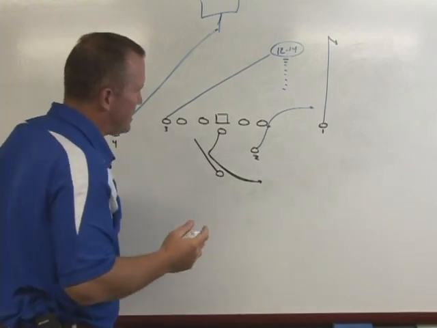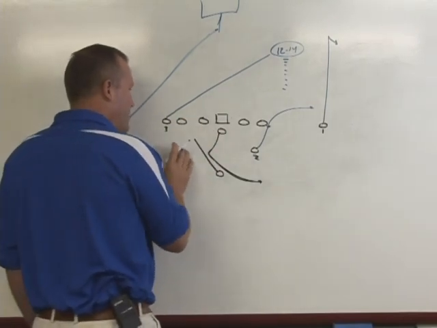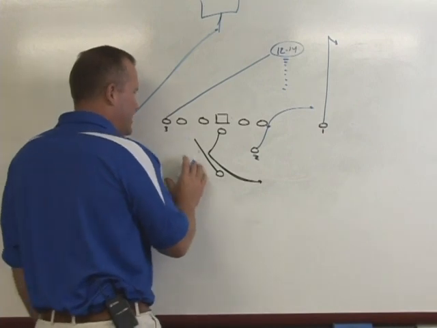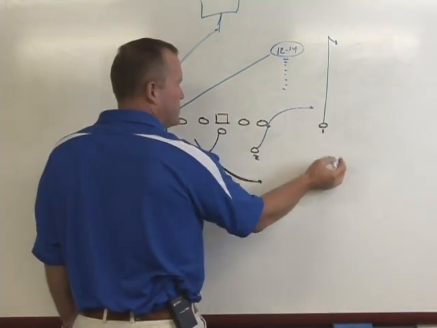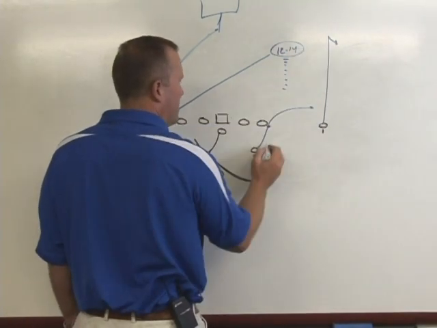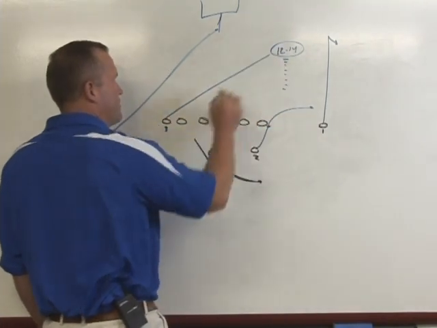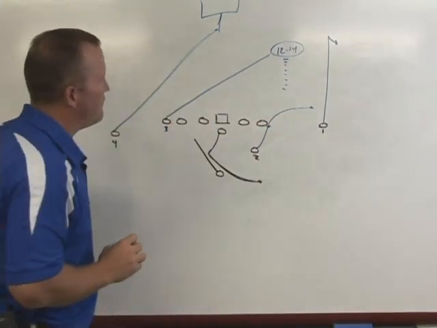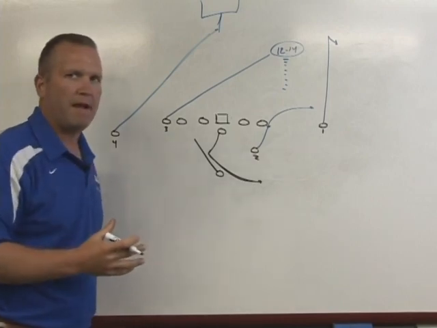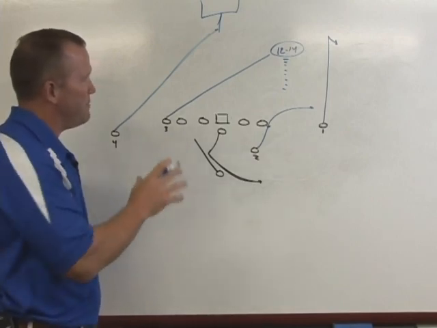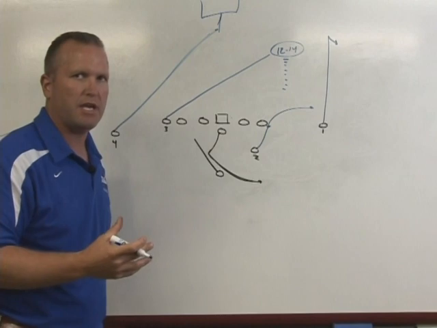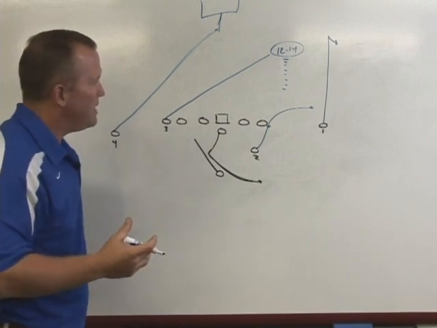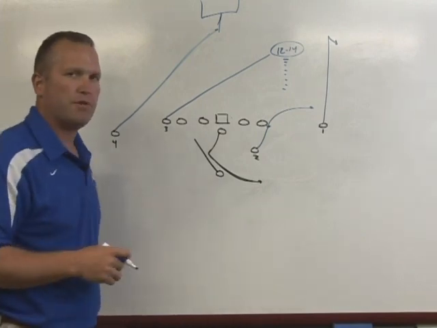So as we go through this again, we start out, what direction is the action going? The action is going to the left. We're coming back to the right, so that's where we start our number count. Number 1's on a comeback. Number 2's in the flat. Number 3's in the hole. Number 4 is on the over. And as we adjust our formations, which we're going to show you some different formations in a minute,